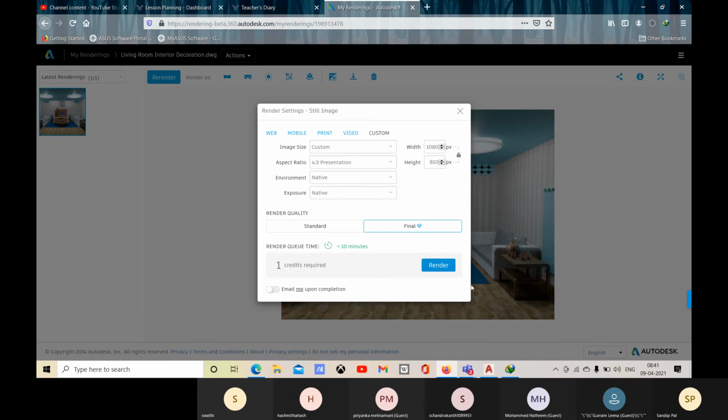If you want to get better quality, you go for final. It is asking for the render quality, standard or final, so you can choose render quality final. There you will get more quality for the render output, as per the configuration.